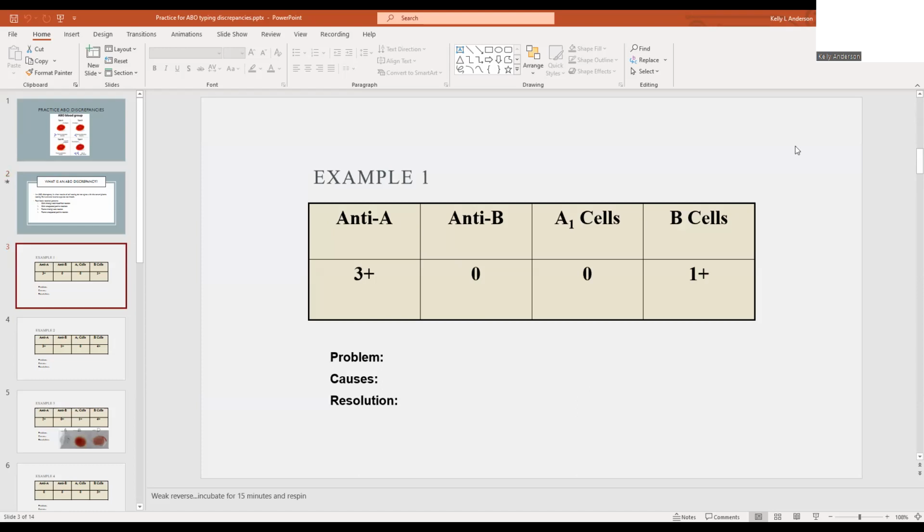Spin it again. I could just switch this one out. Or spin it? Yeah, that's fine. But we already